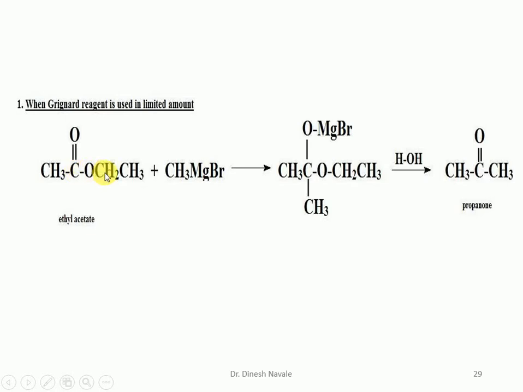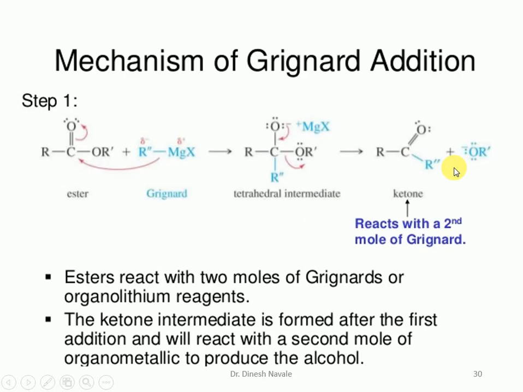So this is also the ethyl acetate, which on reaction with methyl magnesium bromide will give this intermediate complex of magnesium, which on further hydrolysis will give the formation of ketone as a product. If you look at the mechanism in a Grignard reagent, the alkyl group, which carries the negative charge, will act as a nucleophile towards the electrophilic carbon center of the ester and give this tetrahedral intermediate. This tetrahedral intermediate on further hydrolysis in acidic condition will break the oxygen and magnesium bond. This complex will break, and we are going to get formation of the ketone.